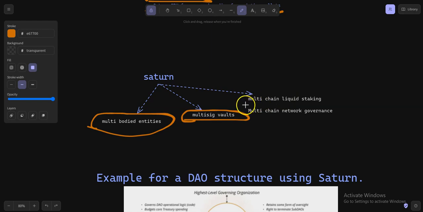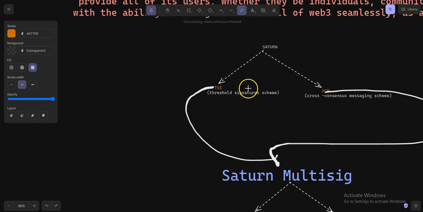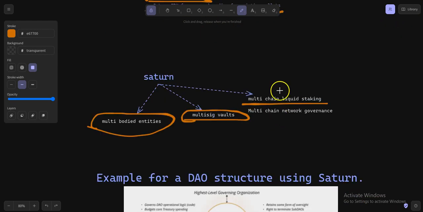And then Saturn can also make possible multi-chain liquid staking. So we'll talk about using threshold signature schemes. So you'll be able to do things on that chain using Saturn. And then you can also vote on such a chain.